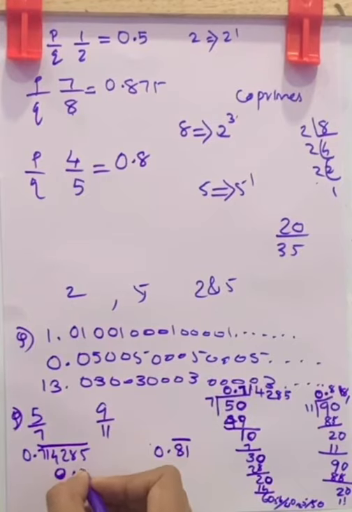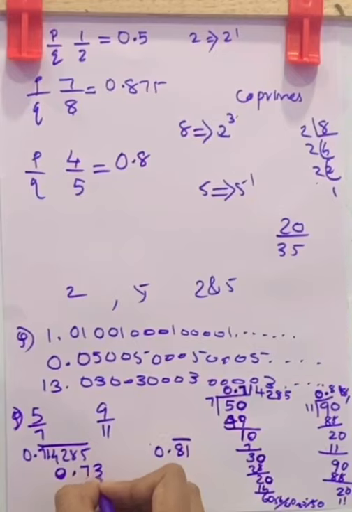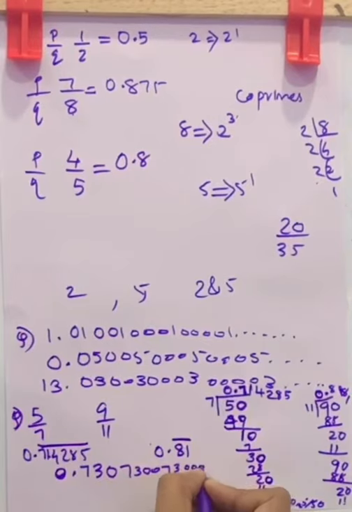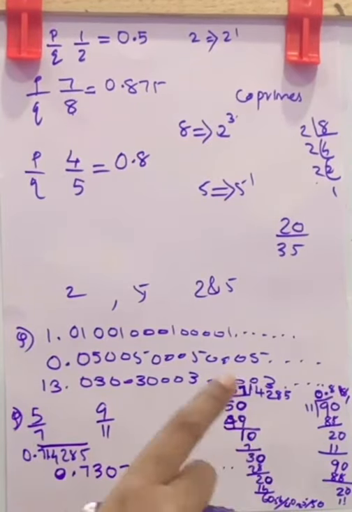Between 7.1 and 8.1, we can find 7.3, right? So we will write 730, 7300, 73000, like that. So it is non-repeating. If it was repeating, it will be 730, 730, 730. Here I didn't write 7. Instead of, I will write 0. So it is non-repeating and also non-terminating.